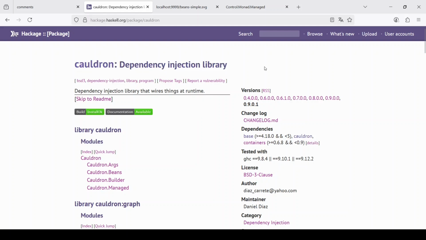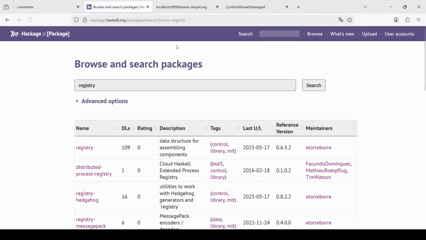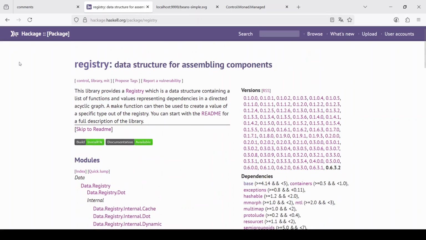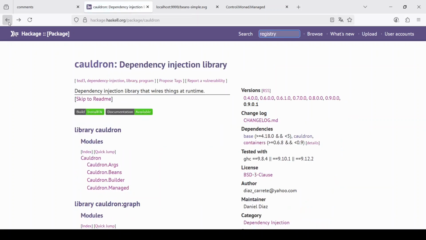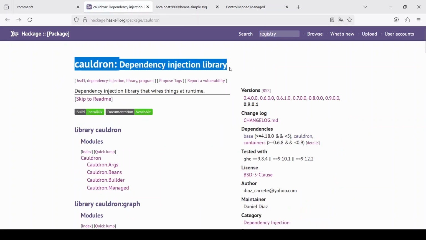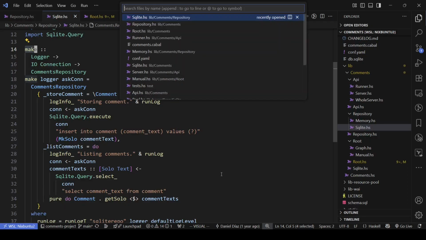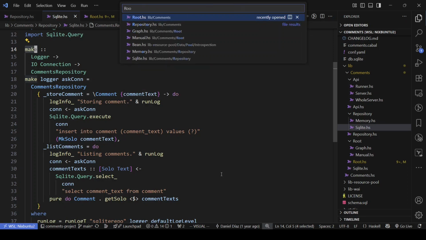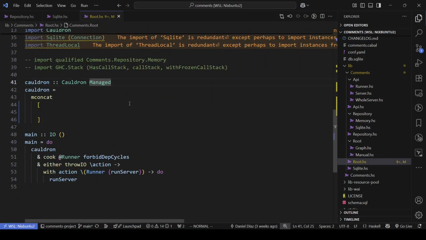It's mainly for my own amusement. But there are other libraries called like registry, which follow a similar approach and are much more mature. But I'm going to use Cauldron because it's my library. Okay. So I'm going to go to the root module, and